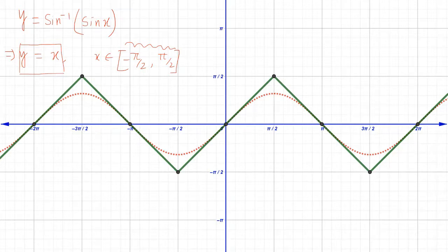Slope 1 means the straight line will make an angle pi by 4 with x axis, তুমি অলপমান লক্ষ্য কৰিবা, this angle pi by 4 হ'ব, and so y is equal to x is the straight line from minus pi by 2, ইয়াৰ পৰা y is equal to x line up to this point, ইয়াৰ পৰা ইয়ালৈকে, this is the line y is equal to x, ধৰিব পাৰিছা নিশ্চয়।